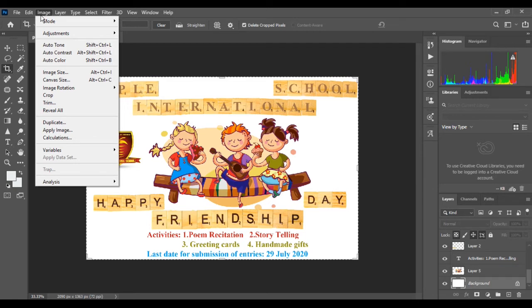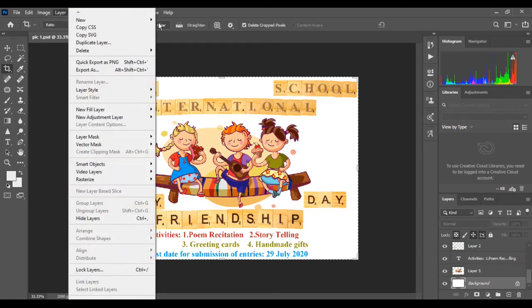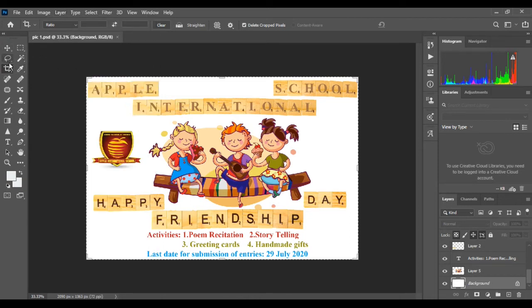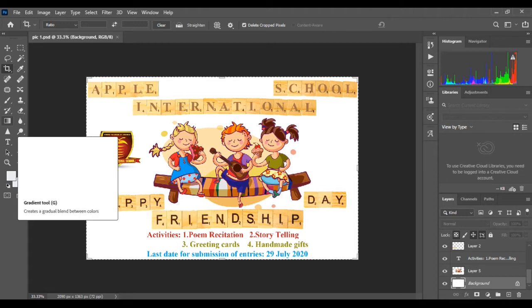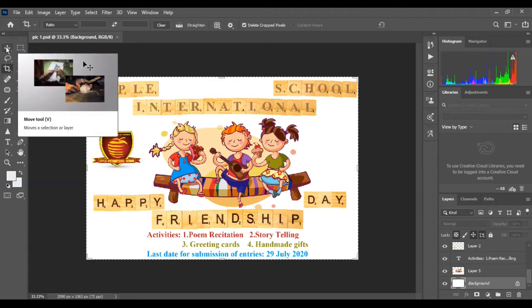Context menu bar. Below the text menu bar you will see the various options available for the selected tool. As you select a tool from the tool palette, you can see the other options related to that tool in the context menu bar. Here we have the tool palette. It is located on the left side of the screen. It provides you with the various tools which you can use while working on images.